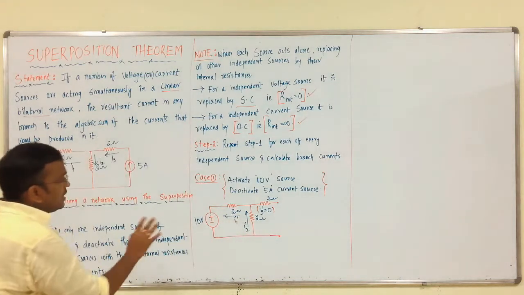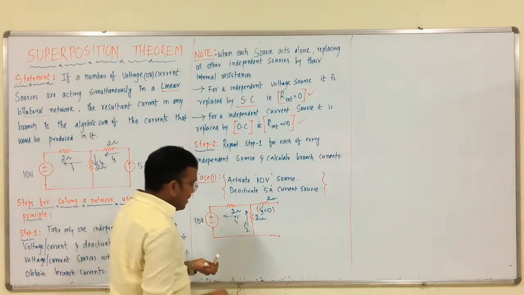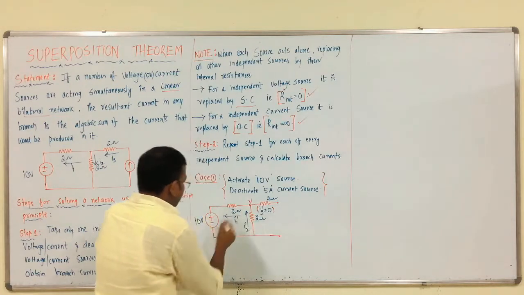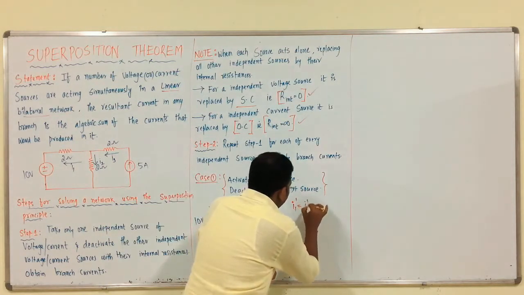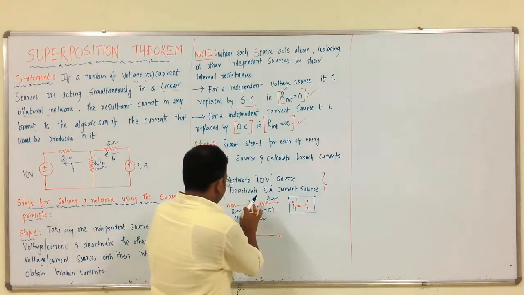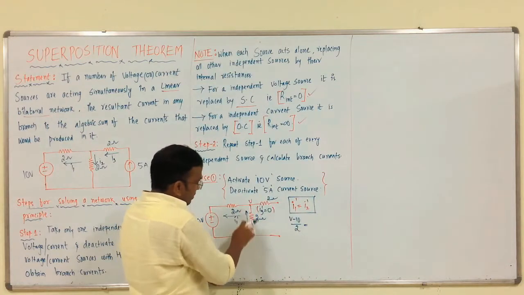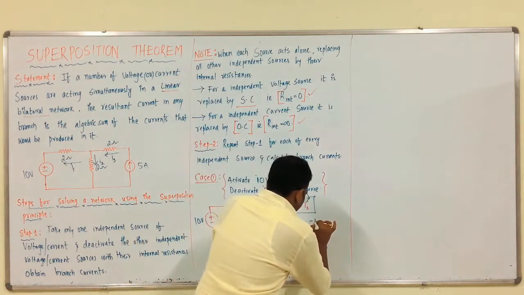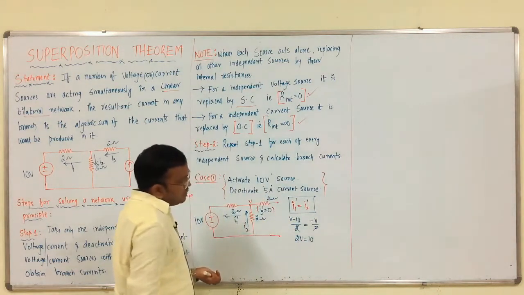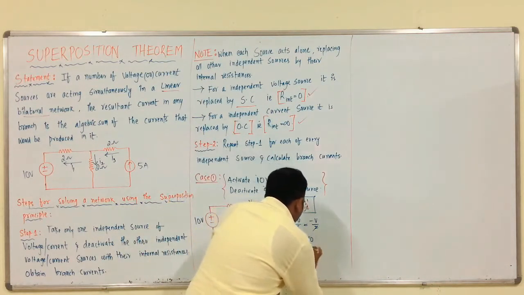So, from this, what is I1 dash? To calculate these currents, we can use any method, whether it is mesh analysis or nodal analysis. So, this is node V. From this, I1 dash is equal to I2 dash, since entering current is equal to leaving current. I1 dash is (V minus 10) by 2, which is equal to I2 dash, which is 0 minus V by 2. See the current direction, minus V by 2. So, 2 gets cancelled. From this, 2V is equal to 10. So, V is equal to 5 volts. We got V equals 5 volts.